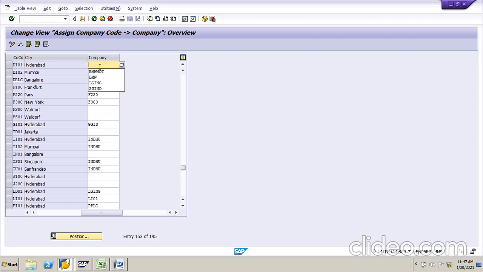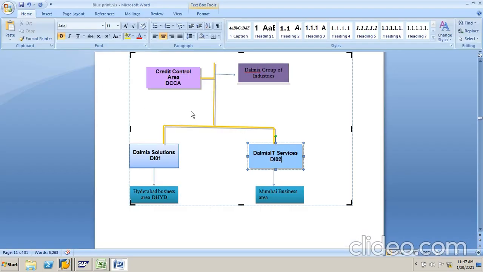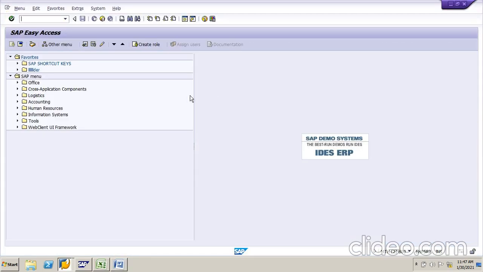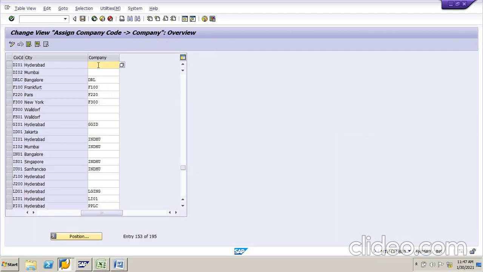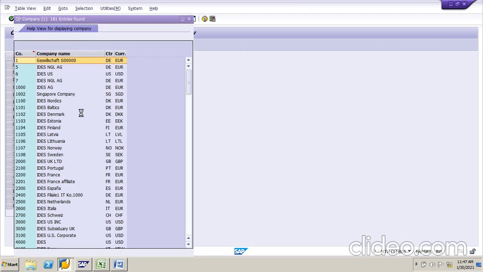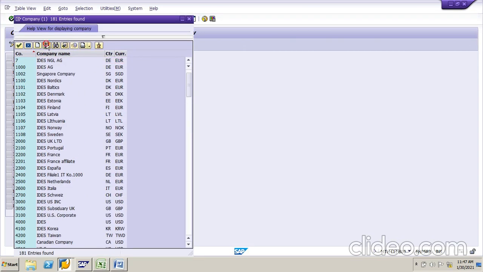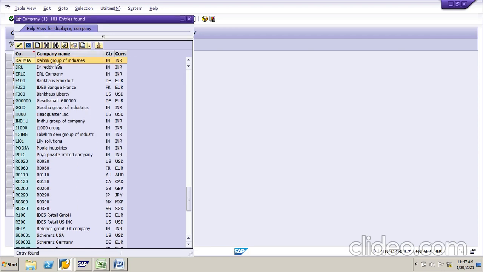So DI01 Hyderabad company. What is our company? See here, company is blank. So this one is related to this company, right? So we have to give that company. Just click this search option. All companies will be displayed here. Fine. So what is our company name we have given? Dalmia Group of Industries.